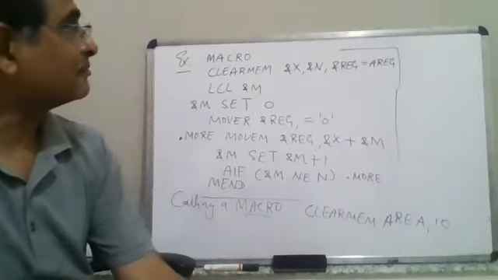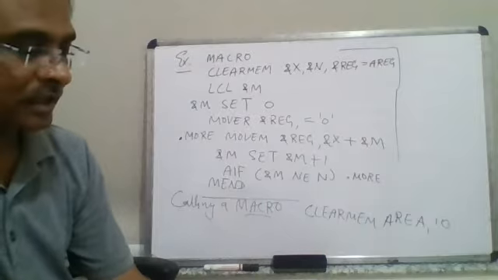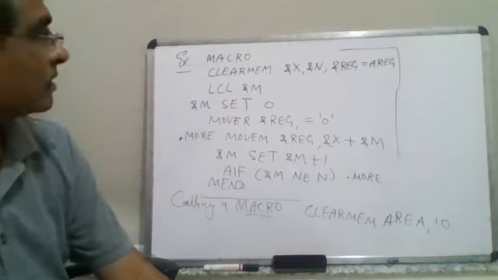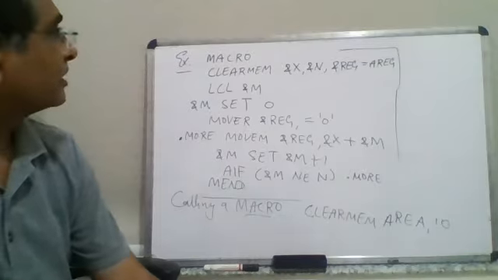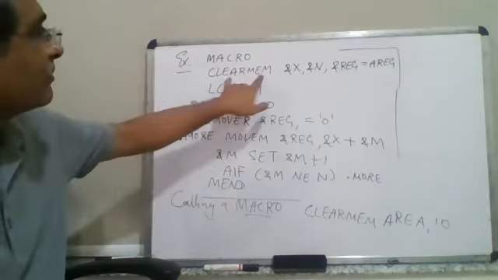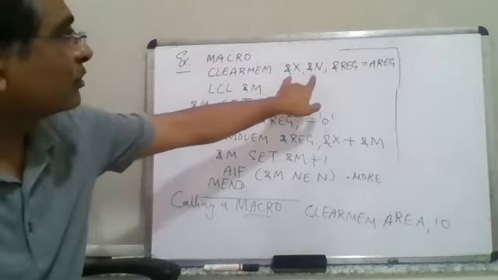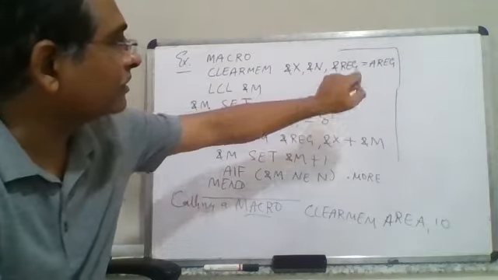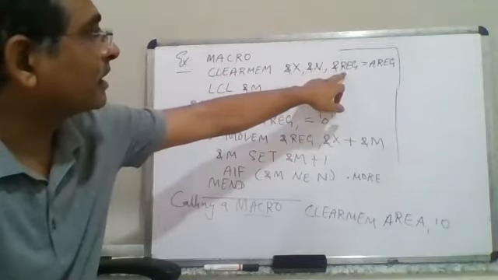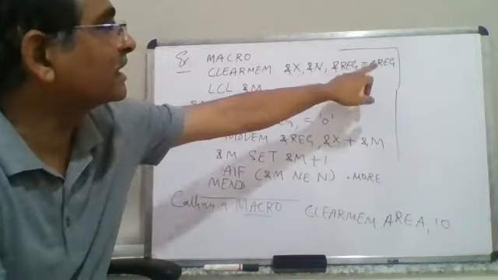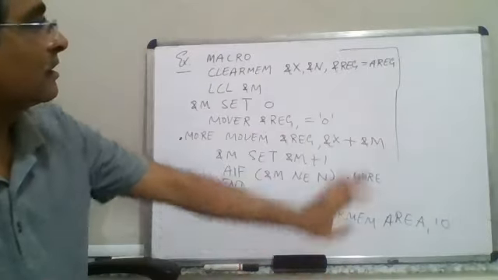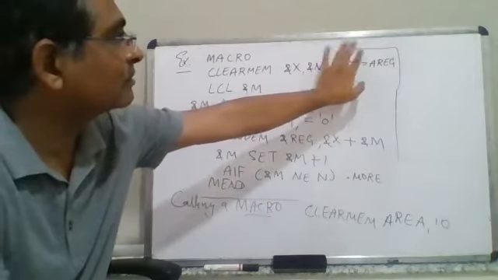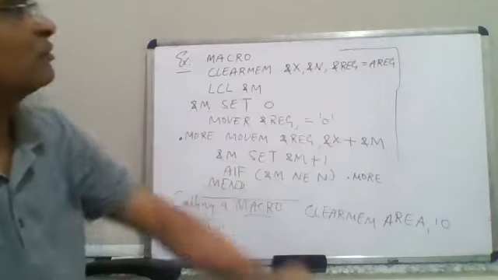Okay, so let us take this example to understand the data structures, how all the tables will be populated. Let's say this is an example of a macro, and the name of that macro is clear mem, and there are 2 positional parameters x and n, and there is one keyword parameter. Along with that, there is a default value which is areg, which is associated with it. I hope that you understand there are 2 positional parameters and 1 keyword parameter, which is having equal to. This is the keyword parameter and the default value for that is areg.